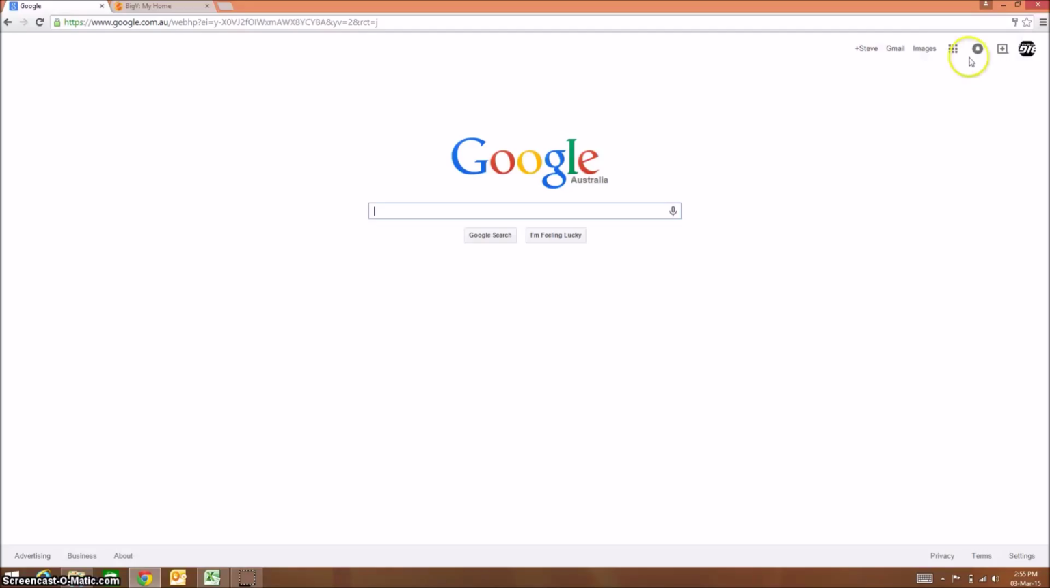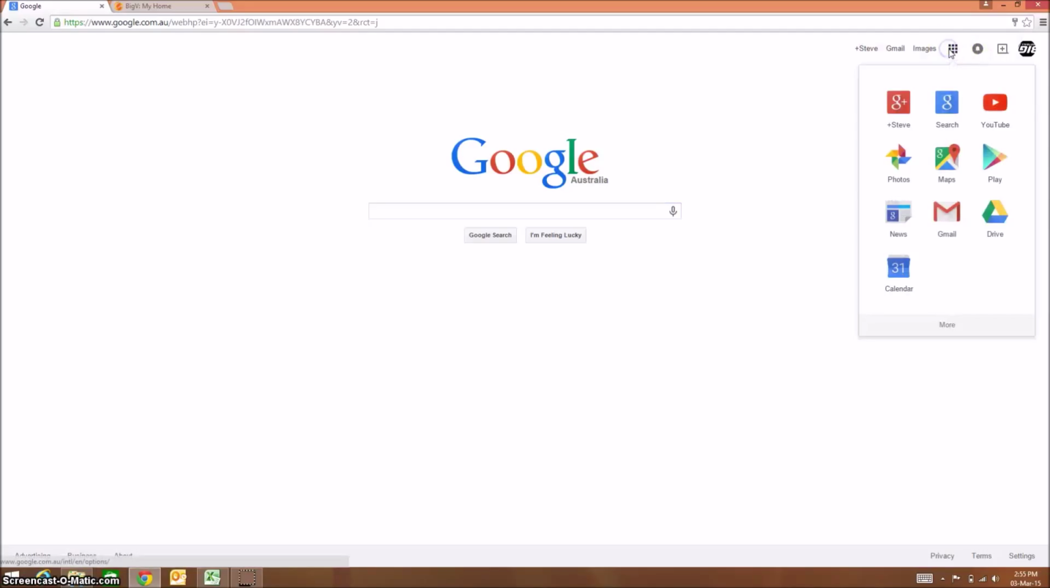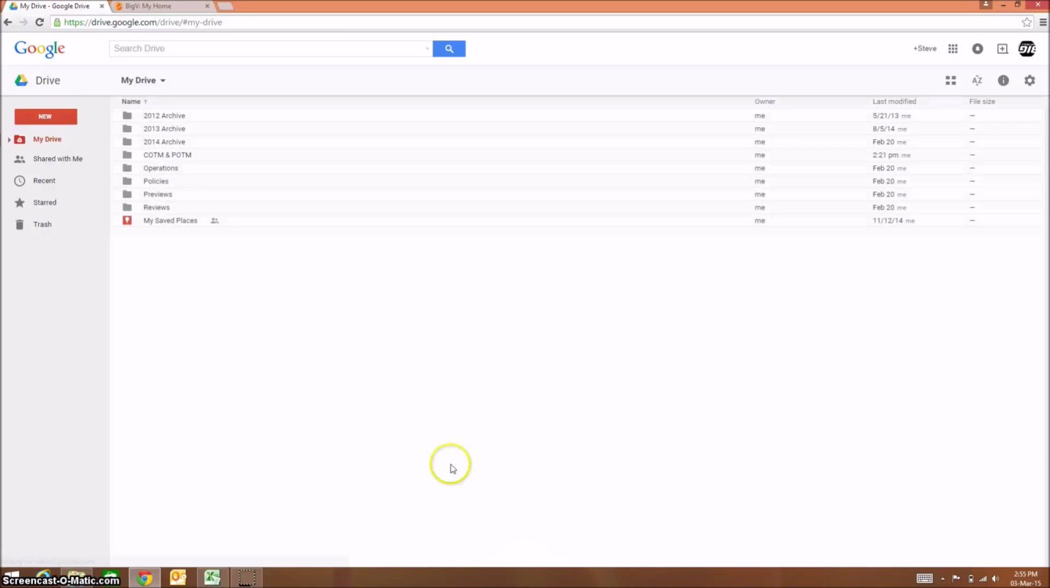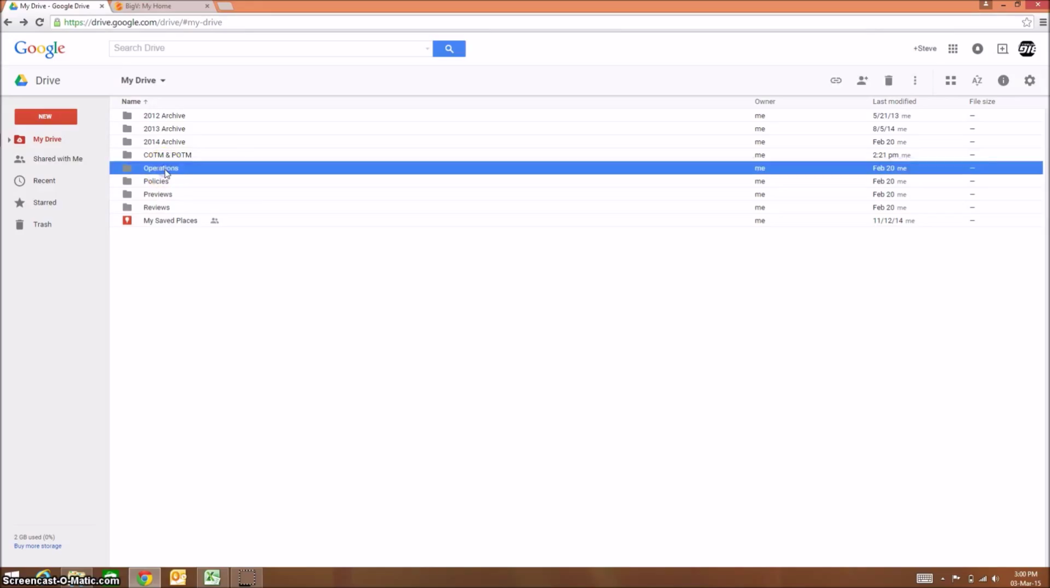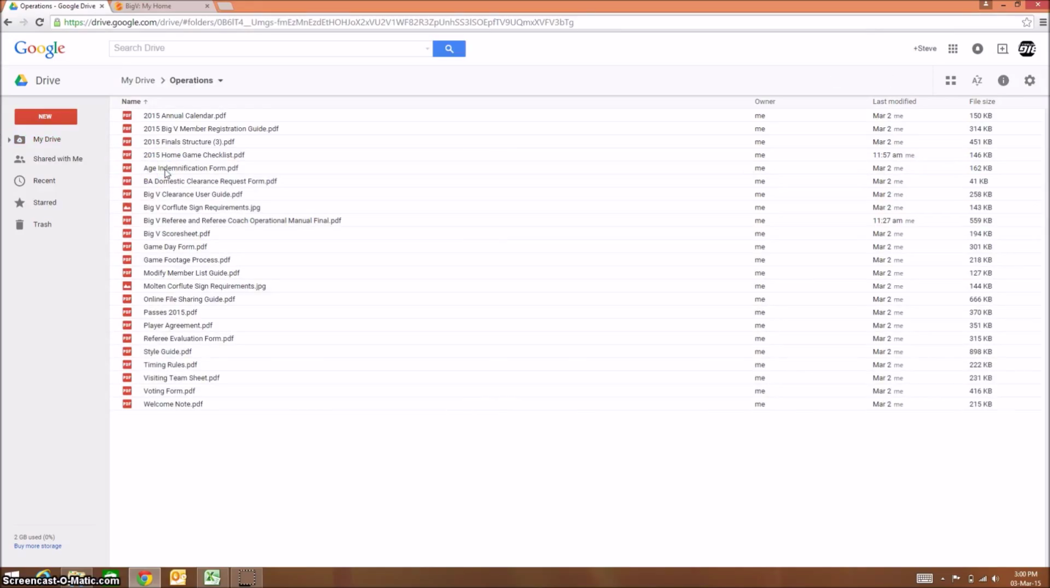From here, in the top right hand corner, click the apps button and then click on Google Drive. This will bring you up to the Big V Google Drive system. The first folder that we'll look at is the operations folder. In here is a list of all of the operational paperwork that you will need across the course of the